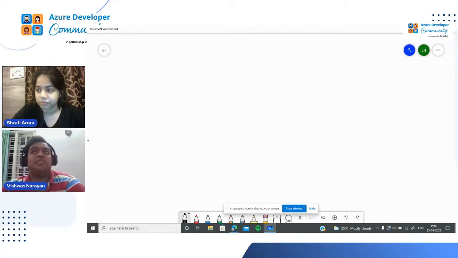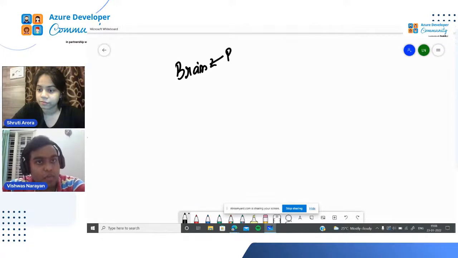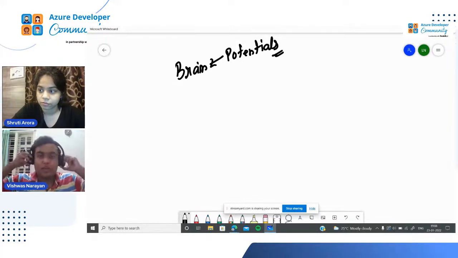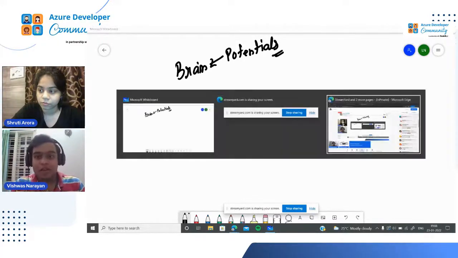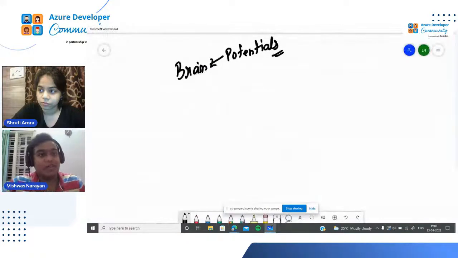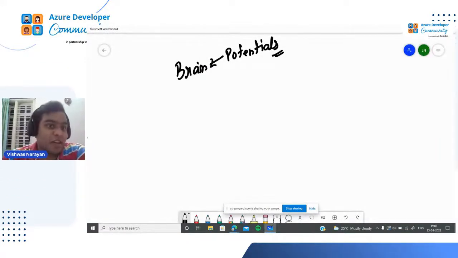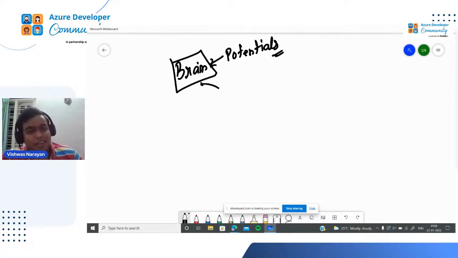The journey of it started by thinking about the potential of a brain, and they wanted to understand what those potentials were. The potentials of the brain are yet to be understood, yet to be said. Like what can we do in the world of DevOps? What can we do in the world of this or that? And it's all there, right? The brain does all the work. I'll give you some facts. It just uses 20 watts of energy